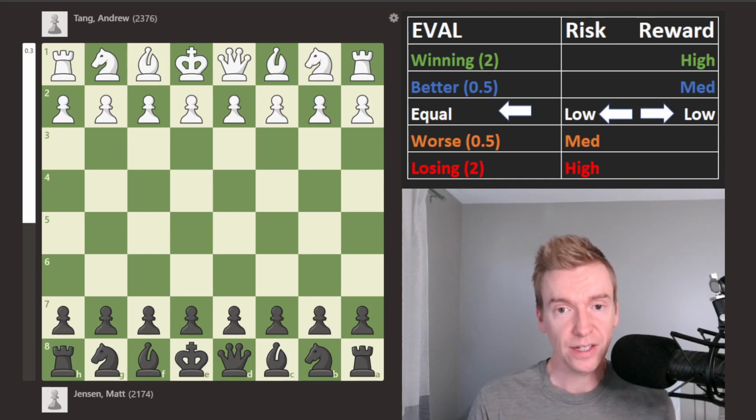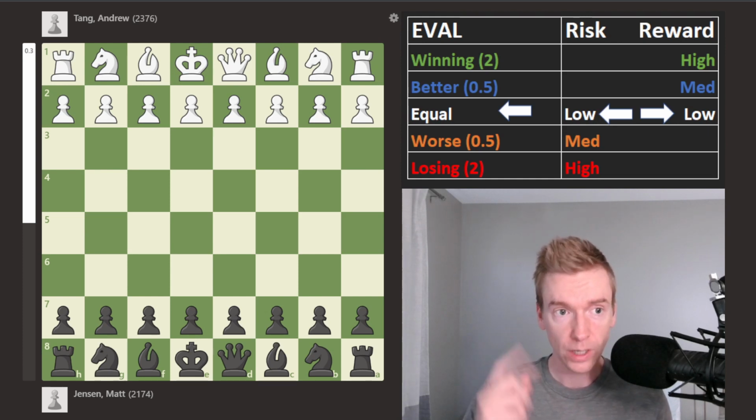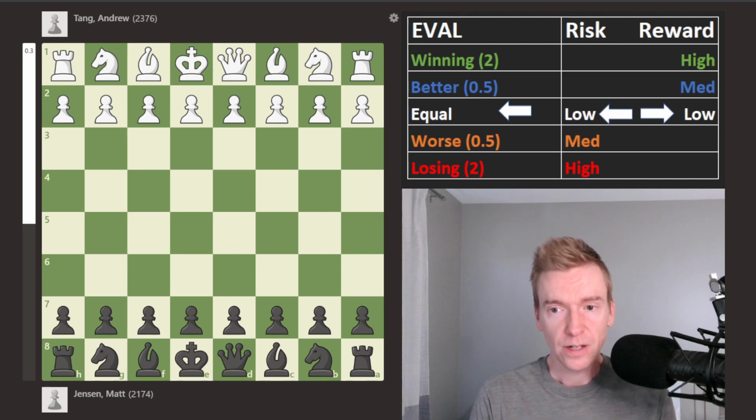Today's video is titled Think Like a Chess Master. And what I want to do is teach you guys a new way to think about chess. So above my head, you'll see three columns. We have eval, risk, and reward. What we're going to do is talk through this game and figure out what's the eval, what's the risk, and what's the reward at different parts of the game and teach you guys a different way to think about chess